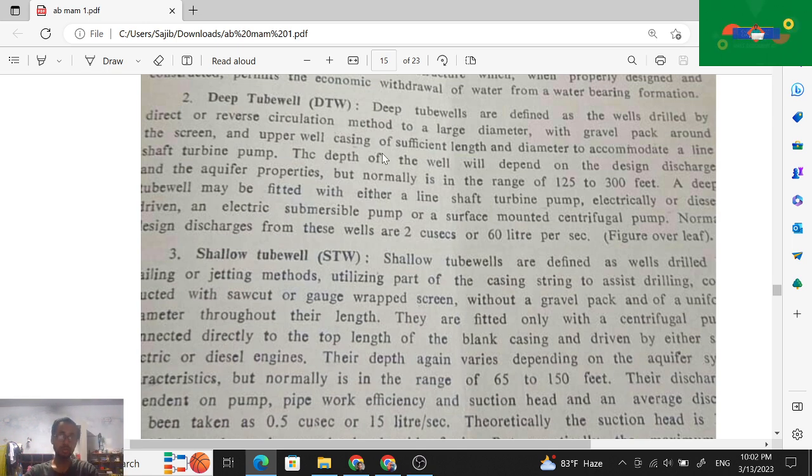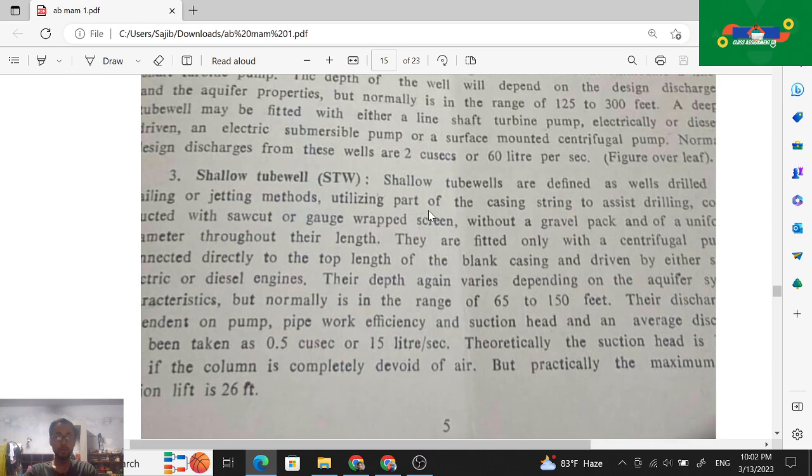Then it is the shallow tube well or STW. So shallow tube wells are defined as the wells drilled by jetted method, then utilize part of the casing string to assist the drilling, and are fitted with a slotted or wire wrapped screen without a gravel pack and of a uniform diameter throughout their length,